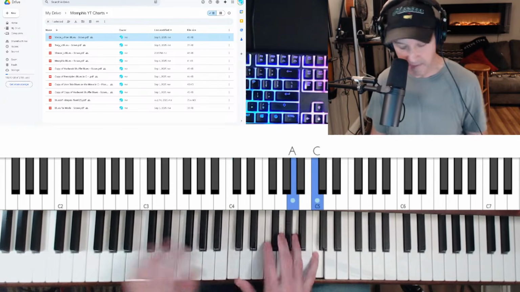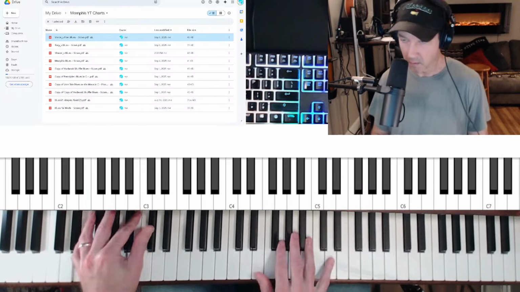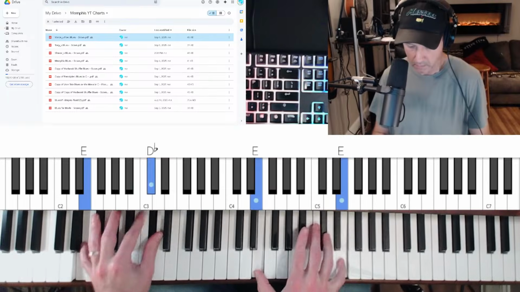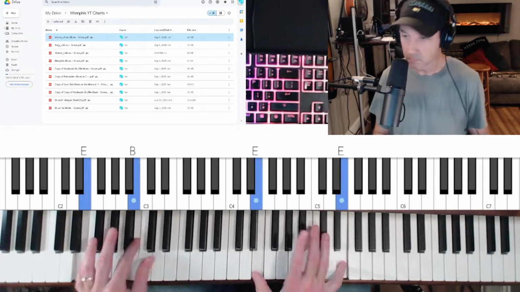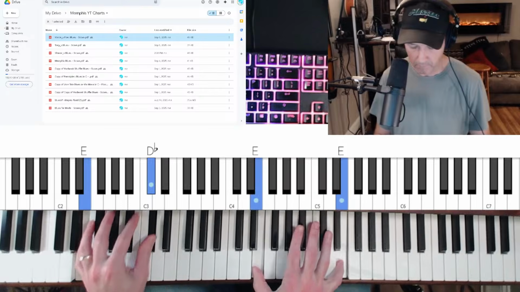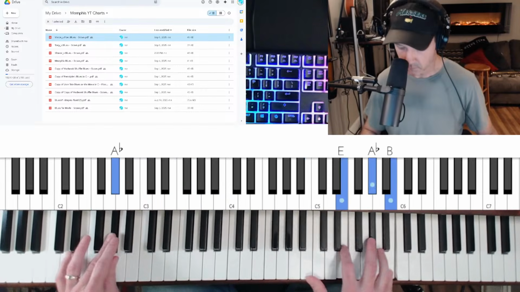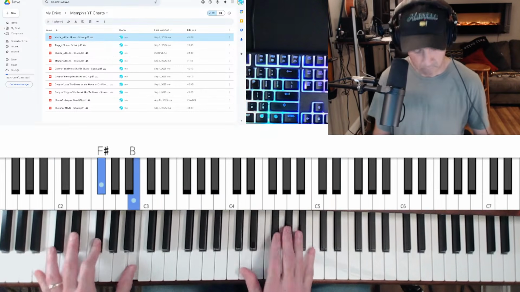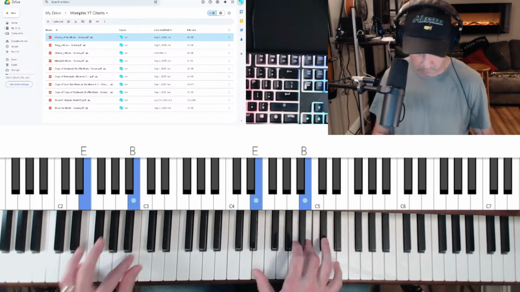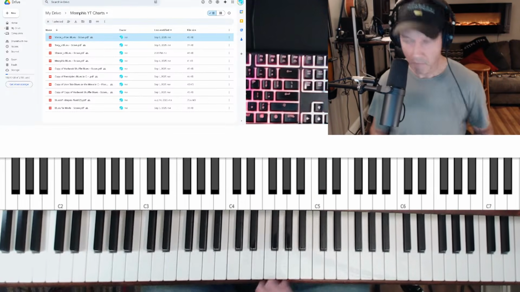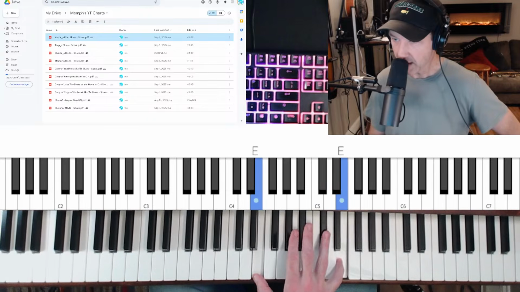So if I did it down to the 6 and I'm in the key of E, so if you had this idea of the C6 lick but in the key of E, and then the next